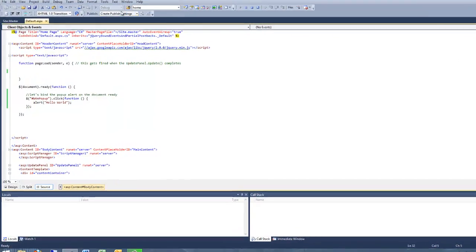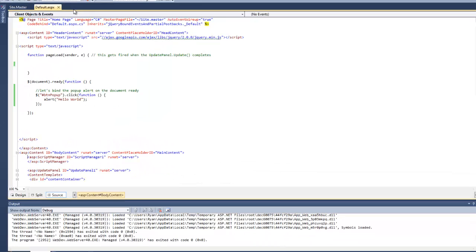So the easy way to work around this, let's go ahead and stop my project, is at the end of the update panel update function, there is a function page load event that you can take advantage of that does get called on a partial postback. So the idea here is if you use this function page load and go ahead and copy your binding code into that,